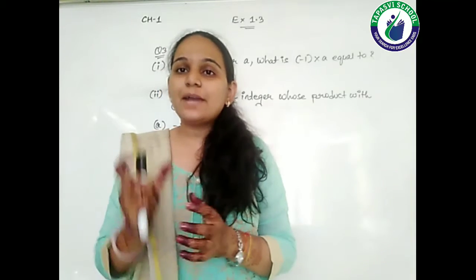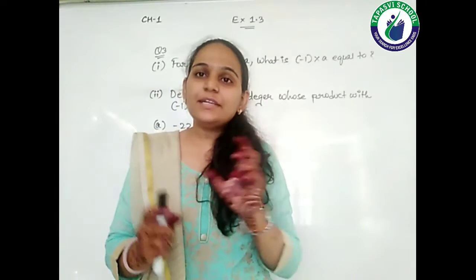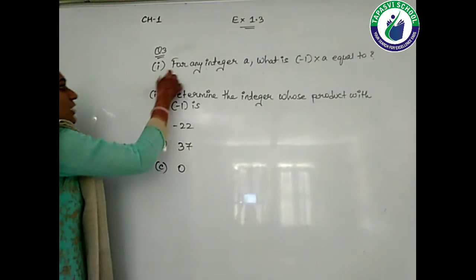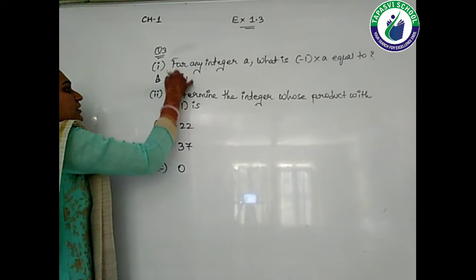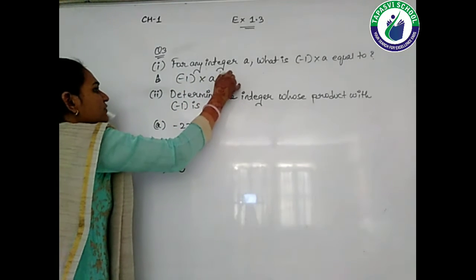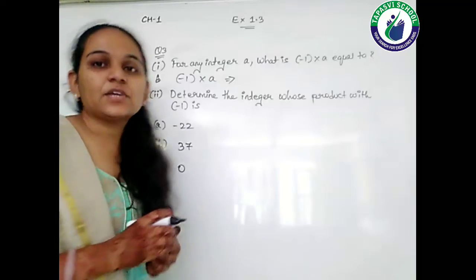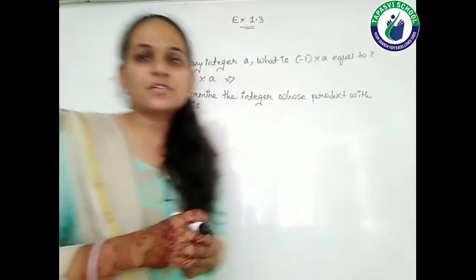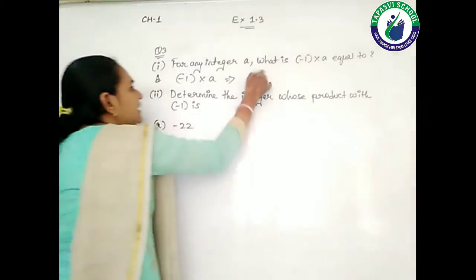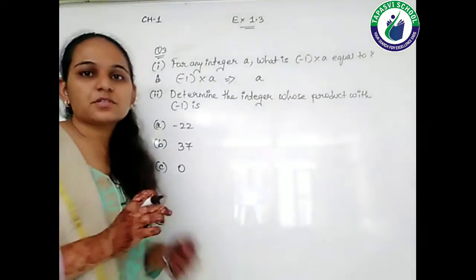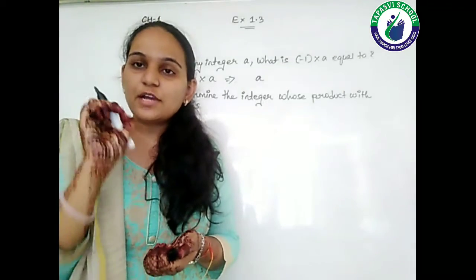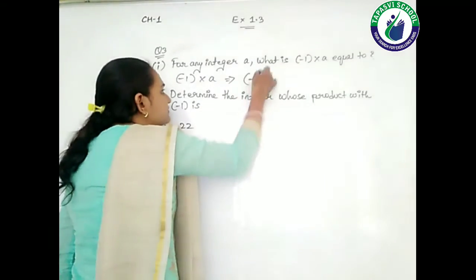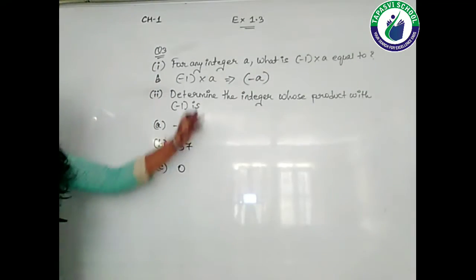So here also you need to multiply minus 1 with a, right? Here the sign is minus, so it needs to take care. So minus 1 multiplied by a. So if you multiply minus 1 and a, you get the same integer back, but here we are having the alphabet instead of integer. So I am getting a, but here the 1 is not a positive one, it is a negative one. So here we have to write the alphabet with a negative sign. So it is minus a. Right, students? Now see the next question.